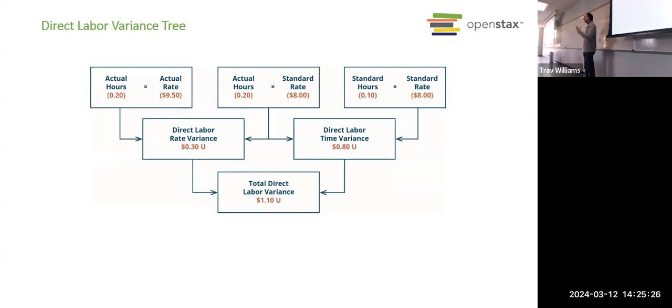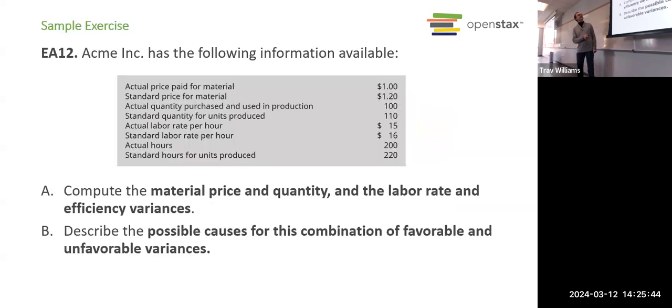Okay, but once you get those first two formulas down, that's the hardest part. Well, not the hardest part. That's the part we're going to use most frequently. All right. Any questions here on the labor variance? Okay, another exercise.